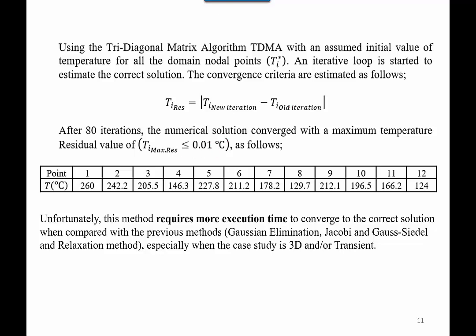So in our case, it will end at iteration number 80. It will cost us 80 iterations to reach the final solution, whose accuracy is 0.01 degree centigrade. And